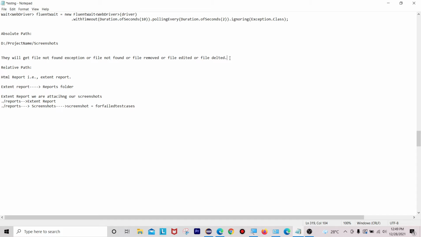To overcome this problem, I came up with a solution: absolute path and relative path. How can we use absolute path and relative path?